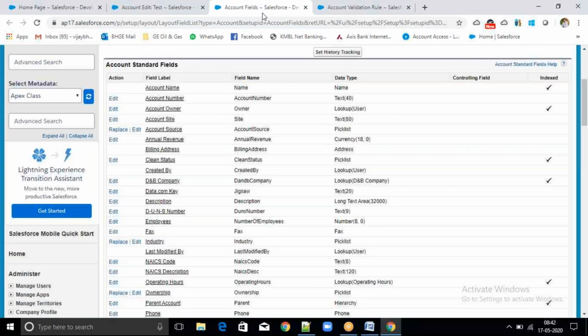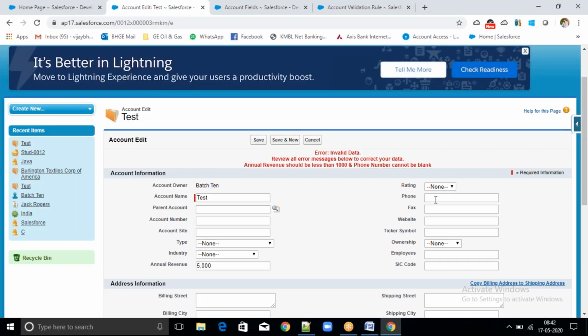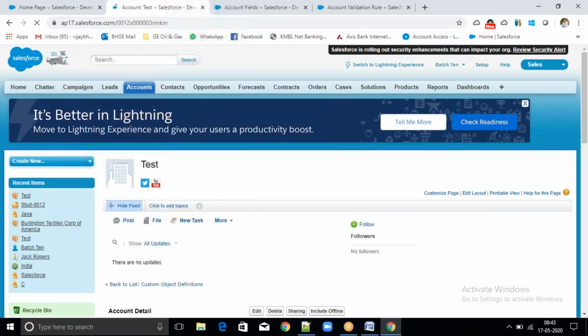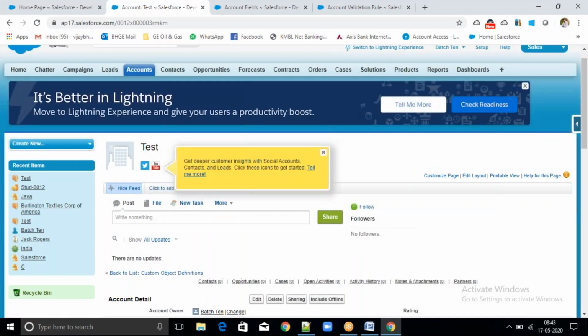Okay, I will enter a phone number, and here I will enter 500. Now will it throw an error or not? Okay, now let's click on save. No, it is not giving any error.